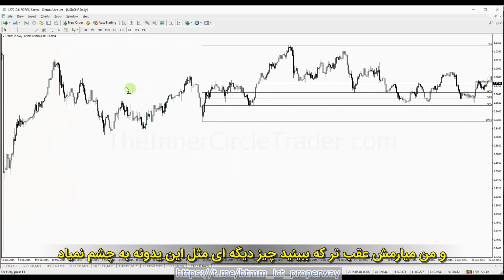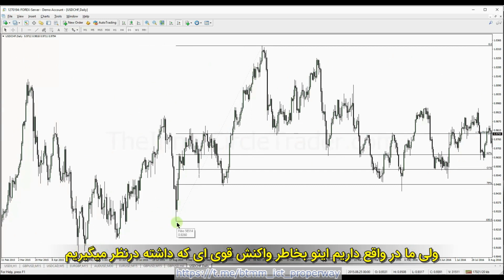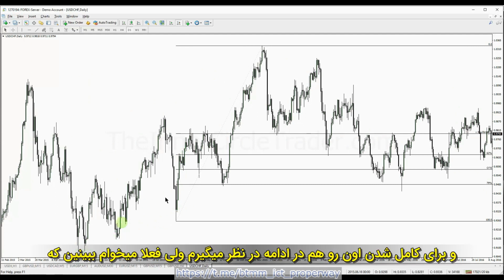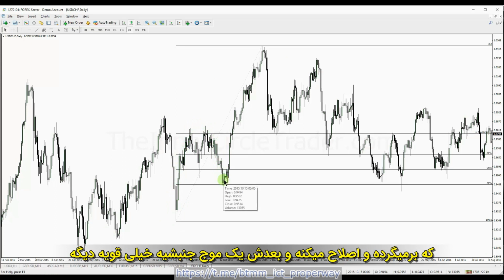There's nothing more significant than that except for this one back here, but we're going to primarily use this one because it has a very strong reaction. We can use these back here, and I'll do it for completeness sake later on in the video, but for now I want you to see we have a very strong impulsive move away. Then it comes back, retraces, then it has another strong impulsive move away and comes all the way up here